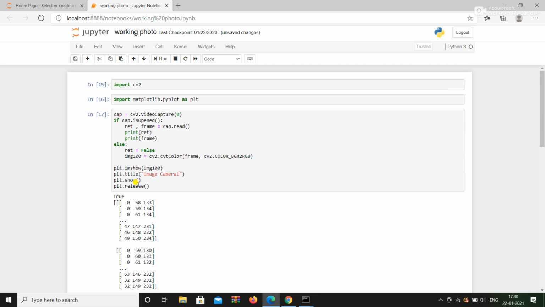Okay, I got it. It should be cap.release, not plt.release. That's why it was getting an error. Cap.release. Now it's fine.